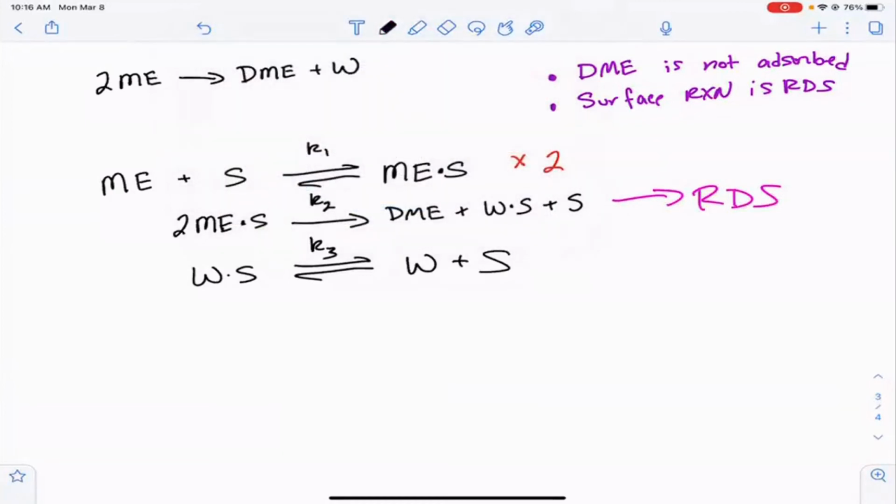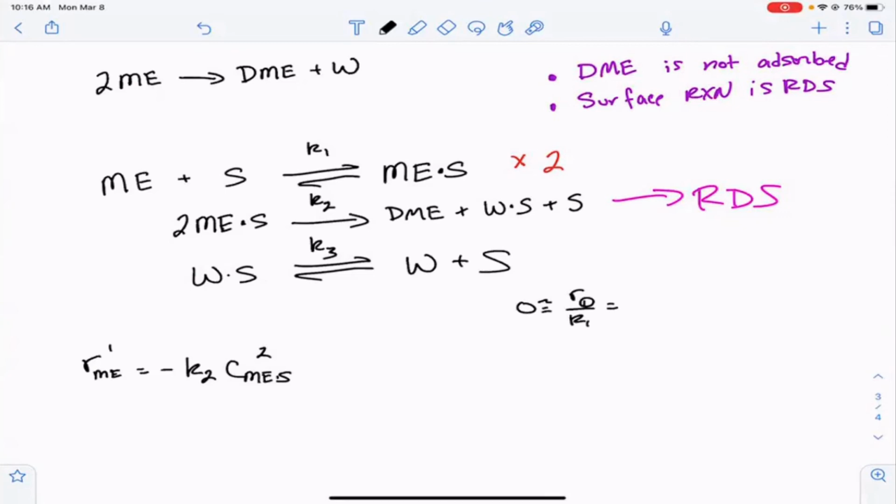So very simply, the rate of reaction is equal to minus K2 times the concentration of Me on the surface squared. Then let's find what this concentration is going to be. And of course, to do that, we're going to use reaction 1. So reaction 1 over K1, which is approximately equal to 0, equals